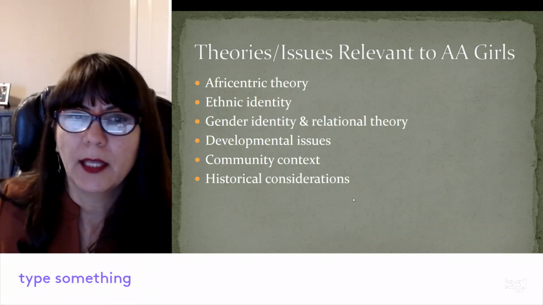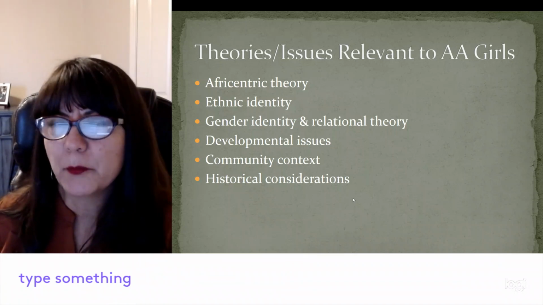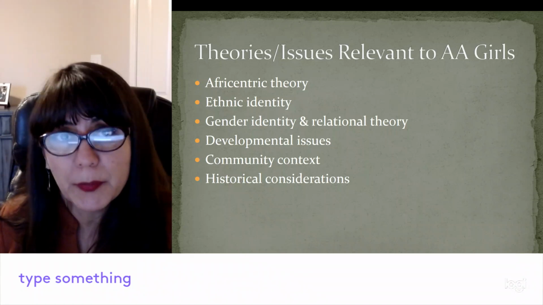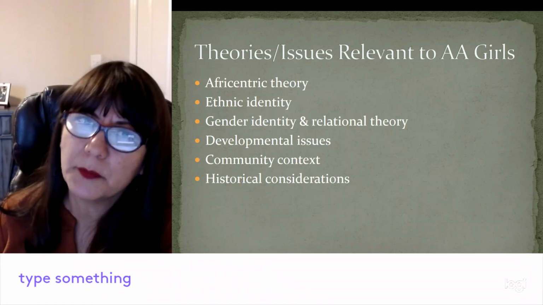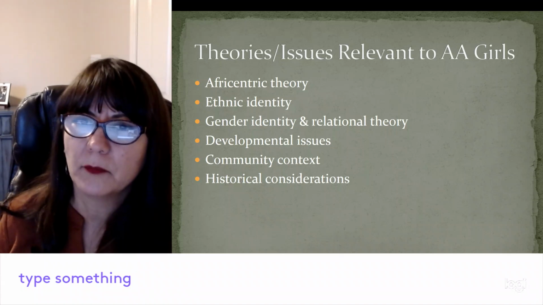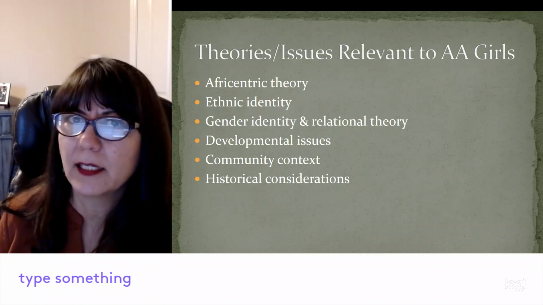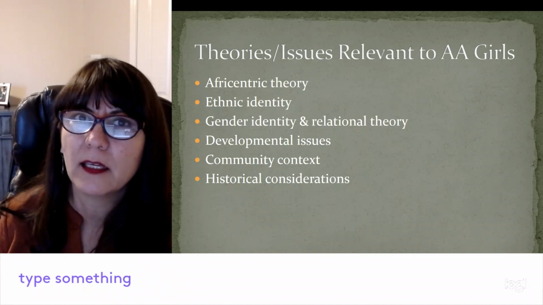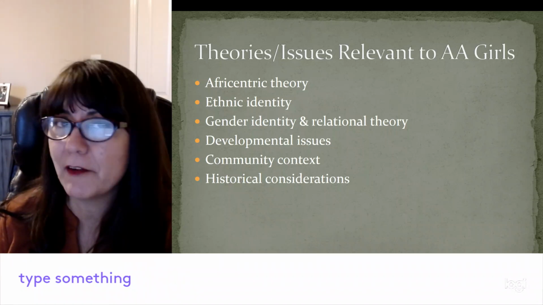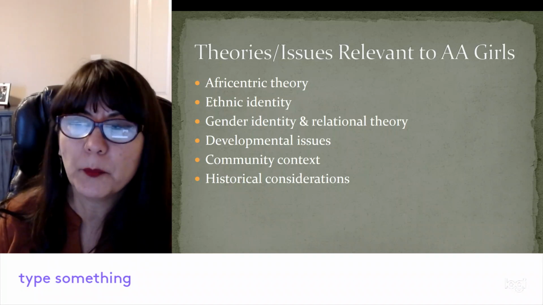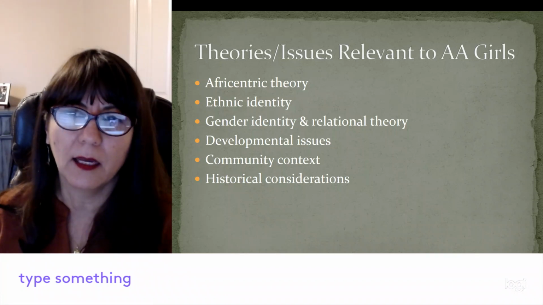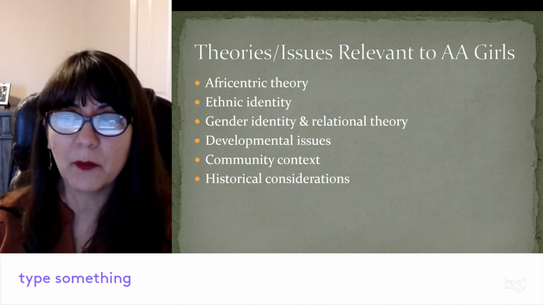They wanted to make sure they were taking that into account in their intervention to reduce risk behavior, particularly substance abuse behavior. They wanted to make sure they were taking all the correct theories and issues that were relevant to guiding behavior in African American girls. Much of this focused on increasing ethnic identity